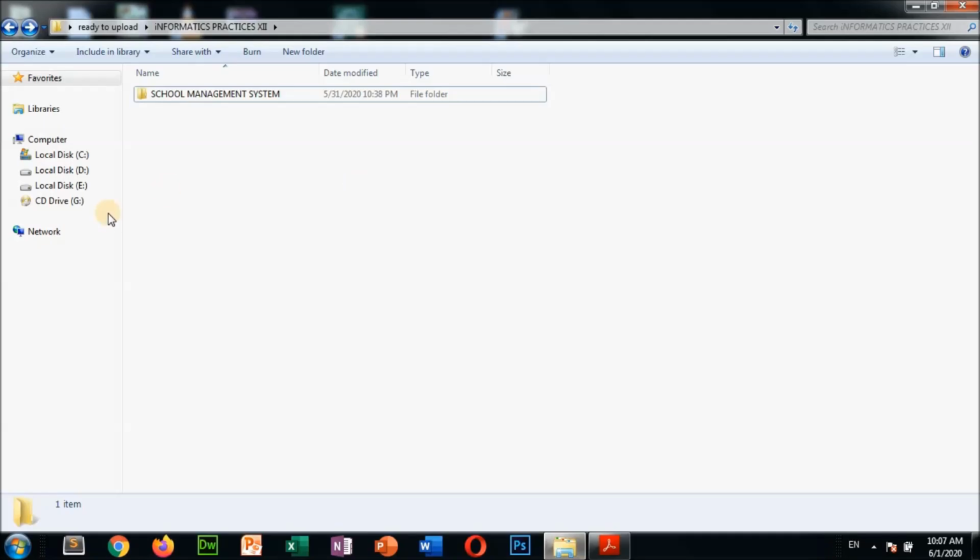understand. So now see, this is a school management system, one project I have prepared for you. This project is for both Computer Science and IP students. The data visualization part that I am using in this project is not required for the computer science student, but for the IP student, they have to do that also. So data visualization also I have done here in this project.